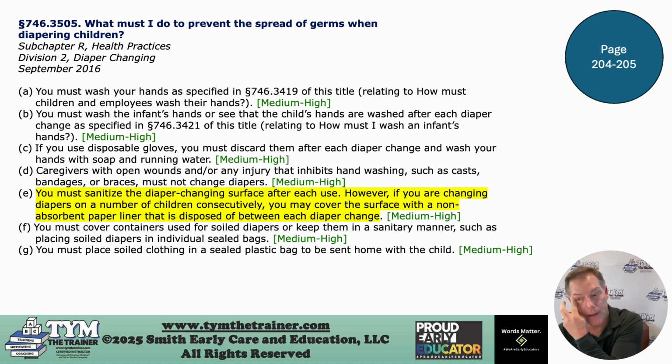I got a question about twins. Clarification that each child should have their own ointment. Yes, that is a very good question. The powder, creams, and ointments must be for the individual child with the individual child's name on it. I have seen this situation, and I have seen licensing's interpretation of this. So each one of the children needs to have their own powder, cream, ointment, or lotion.